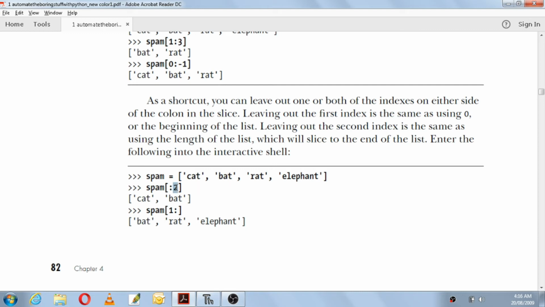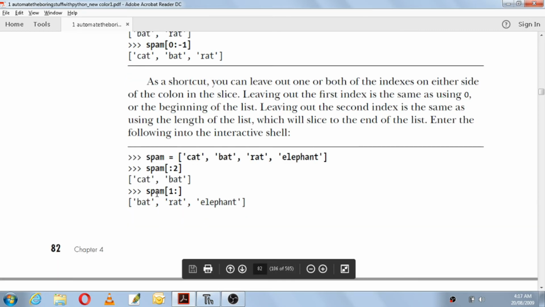The end index has been given, so 0 and 1 will be included, so it will print cat and bat. And here what will happen is spam of 1:. Spam of 1: means 1 is bat. 0 is not included. 0 is what here, cat. 0 will not be included, so it starts from 1 and goes till the end.